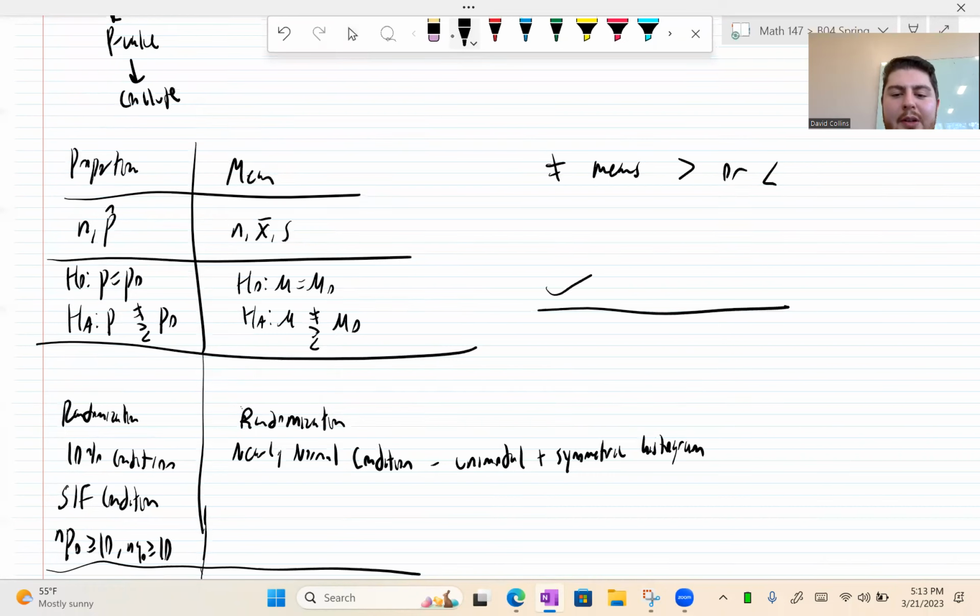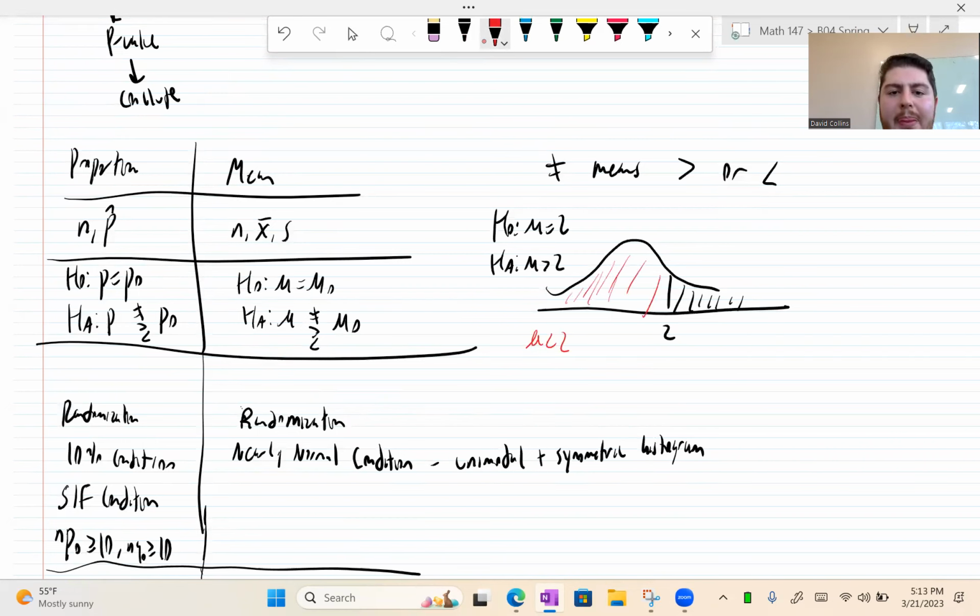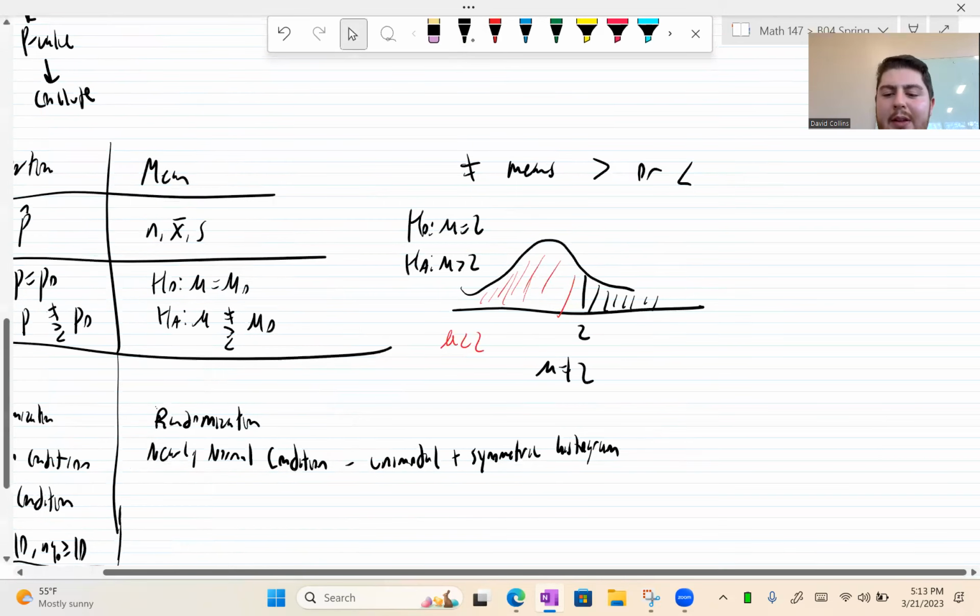So if the null hypothesis is mu equals 2, and the alternative is mu greater than 2, that means this. If I have mu less than 2, that means this. If I have mu not equal to 2, that means,